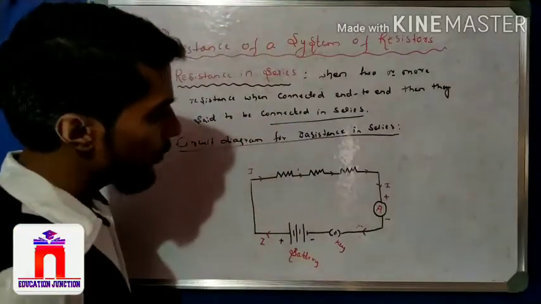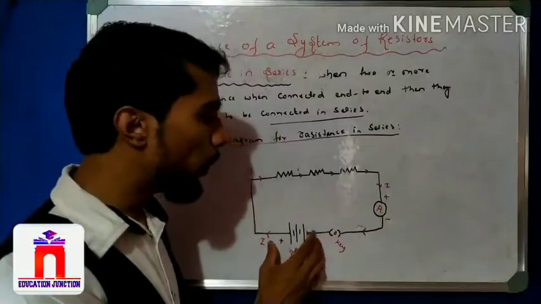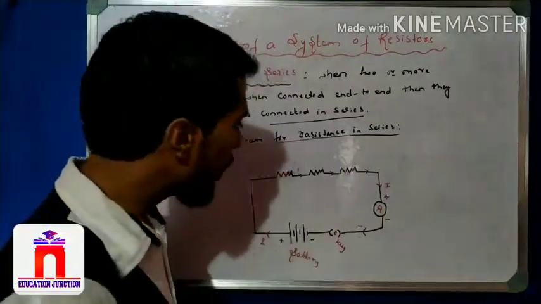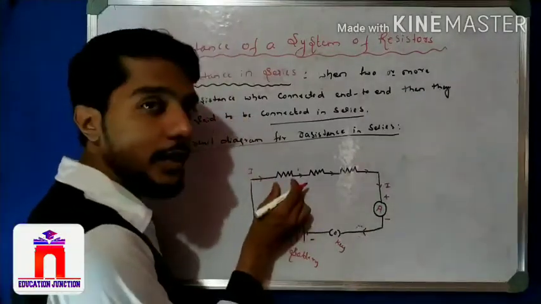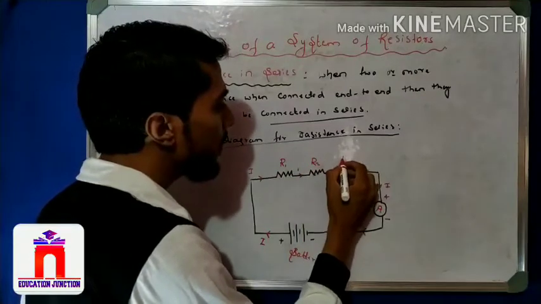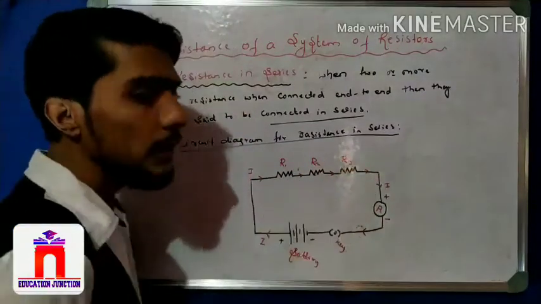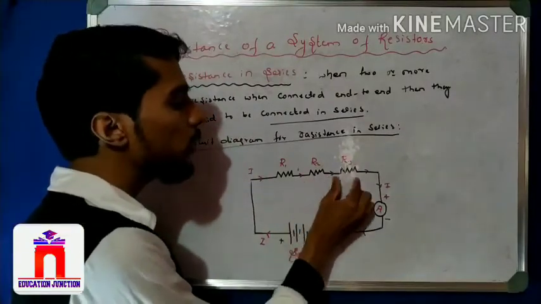Okay. Now we recall again. We know that the current flows in the circuit when you apply a potential difference. So now find the potential difference across the resistance. See here, how many resistors are connected? R1, R2 resistance, and R3. So this was a connection in series. Now see, R1 is connected end to R2, and R2 is connected end to R3.